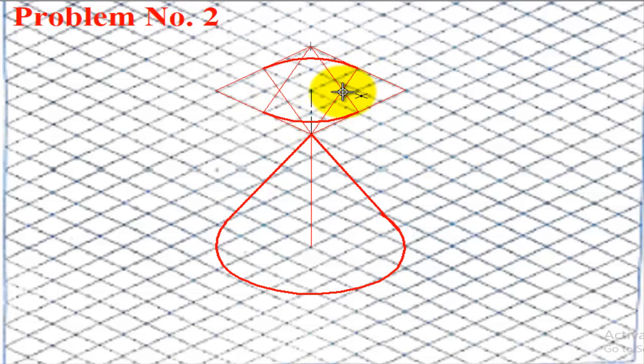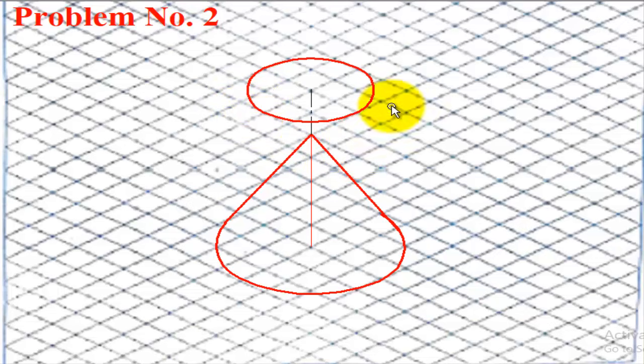Next, take the intersection as a center and draw the arc between these two lines, and then take another intersection point as a center and draw the arc between these two points. Like this we get the top of the hemisphere, the circular part. We can delete all these reference planes we have taken, and the last thing is to draw the arc for the bottom. That is where the curvy portion comes.